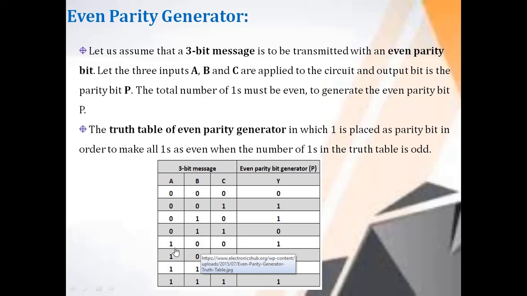So this is an odd number of ones, and the parity bit is 1. When we add this parity bit, the message consists of two ones. On the receiver side, it is taken as an even number of ones, so there is no error.